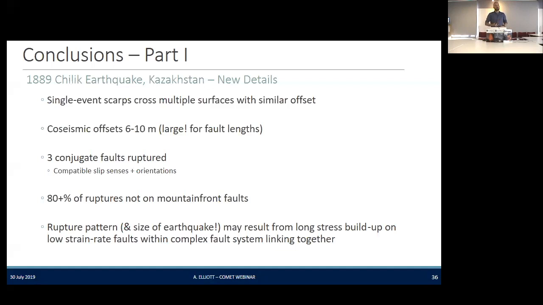So there's a single event scarp that we kind of trace through the mountains there. Offsets range up to 6 to 10 meters. Three conjugate faults were involved in this earthquake together. And 80+% of those ruptures are not at the mountain fronts. So they're happening on faults that are sort of buried deep in the topography, not the intuitive ones that we would expect producing the most earthquakes. This is all cautioning us about how we interpret where seismic hazard arises in these